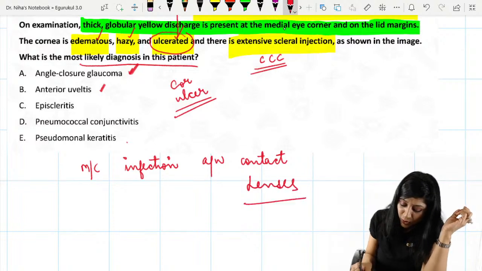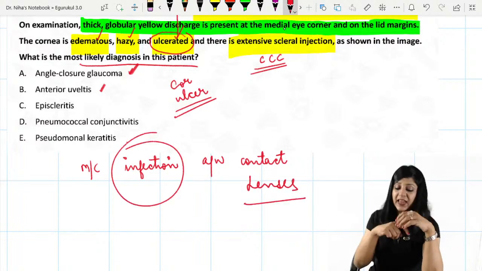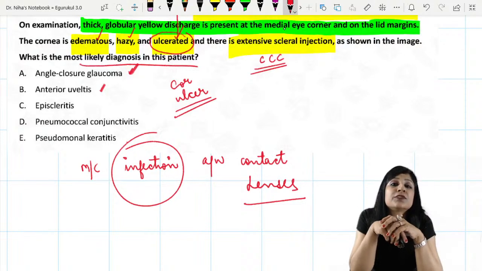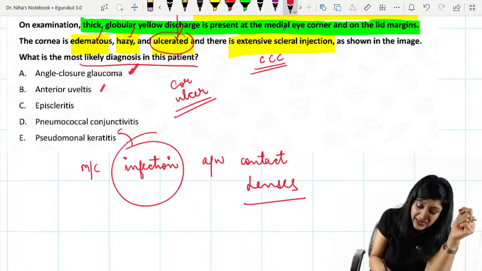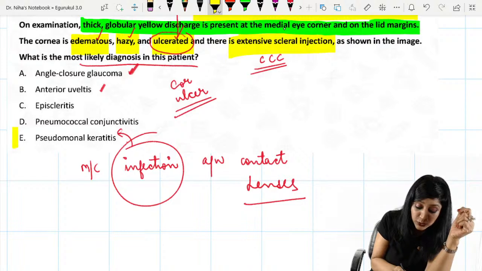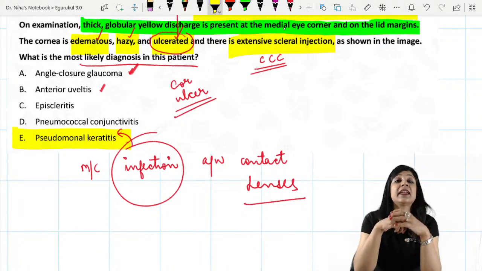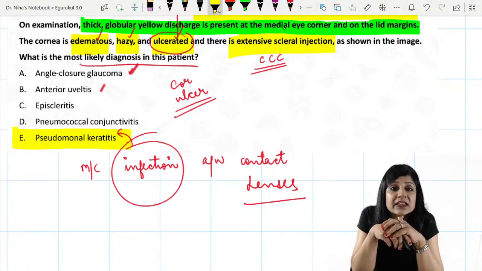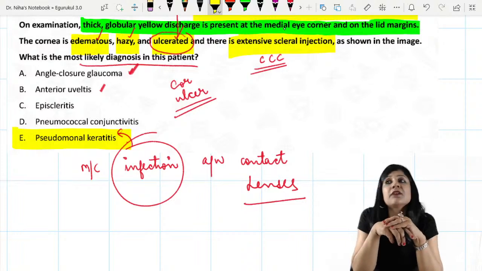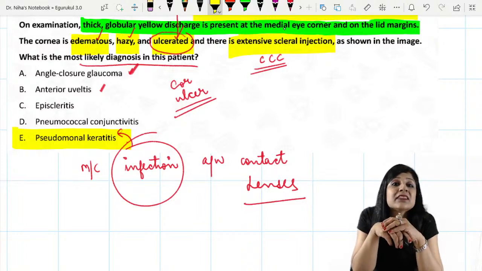The most common infection actually associated with the usage of contact lenses is pseudomonas. Acanthamoeba is also associated with contact lens use, but in order to make it acanthamoeba, you